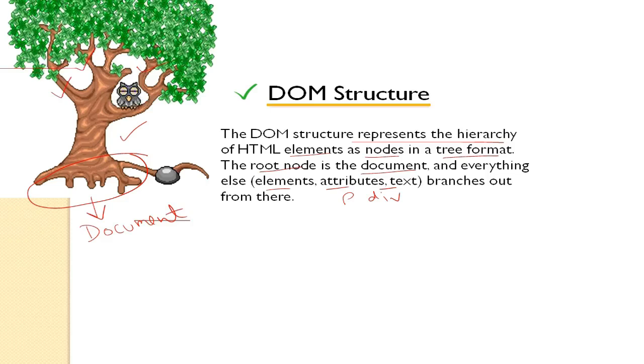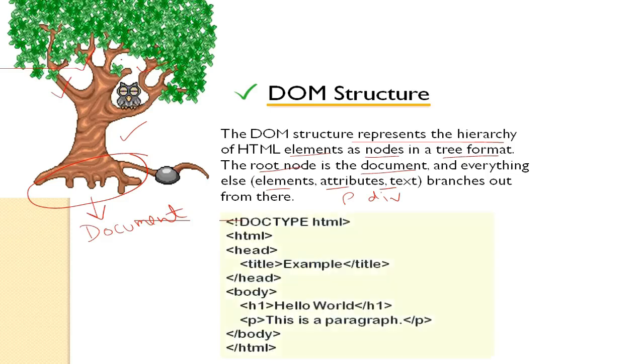Okay, and these nodes are elements, HTML elements. Now if we see this program, then here you can see that the first line is doctype HTML. Okay, so this doctype is our root node. Okay, then is your HTML tag, and inside it we have the head tag. Inside head we have our title tag. Then your head tag is closed, and inside the HTML tag you have your body tag. Inside body you have heading tag and paragraph tag. You can have multiple divs inside this body tag, right? Then your body tag is closed and your HTML tag is also closed.